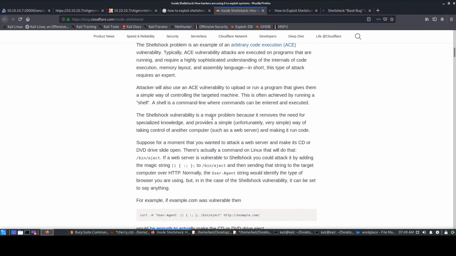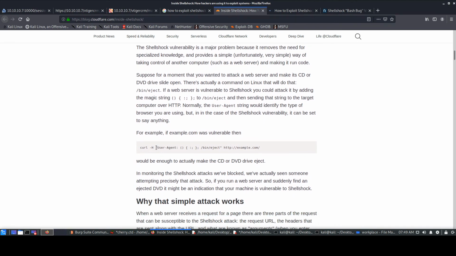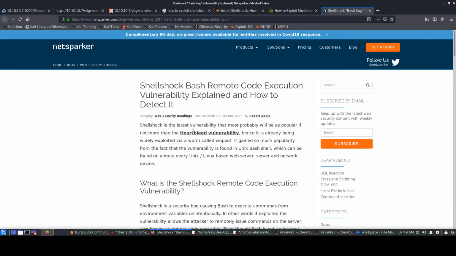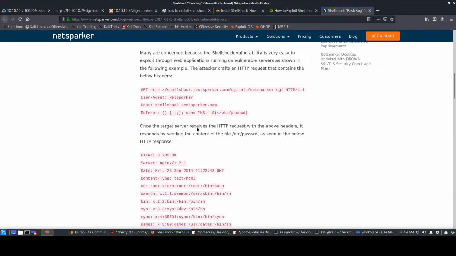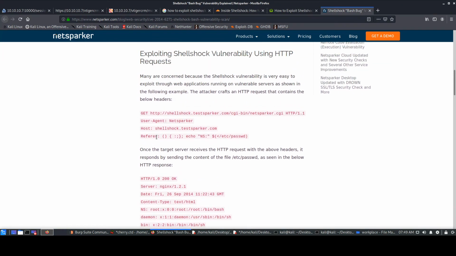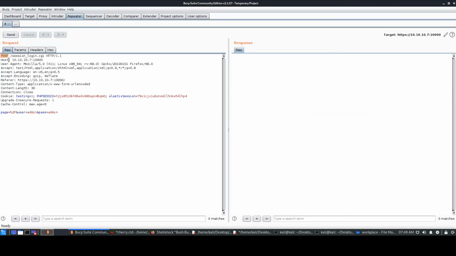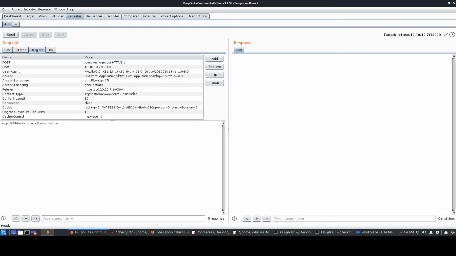To get a better understanding, you can go through this article on Shellshock, on how the vulnerability is present on the web server and how you can try to execute it. It says something like curl with the user agent, adding something there to make things vulnerable. To make it simpler, it says to put it in your HTTP headers. In Burp, all of these are headers: the host, user agent, accept language, accept encoding.